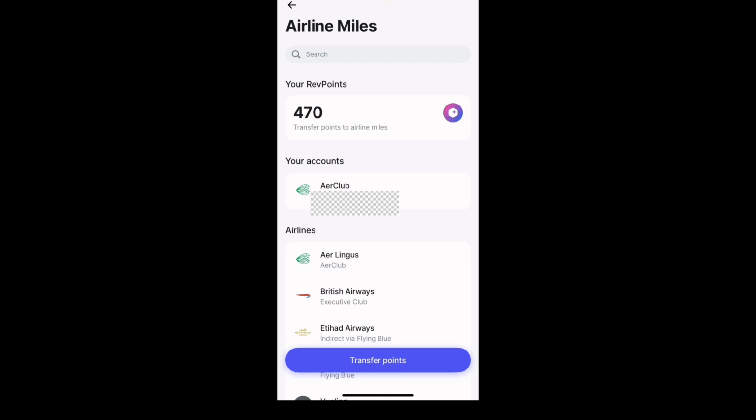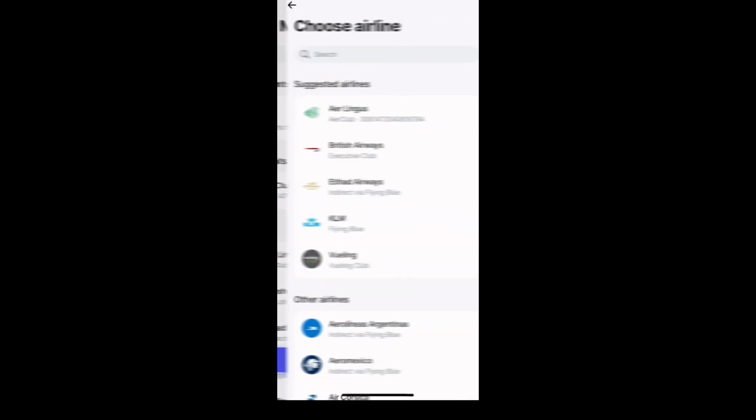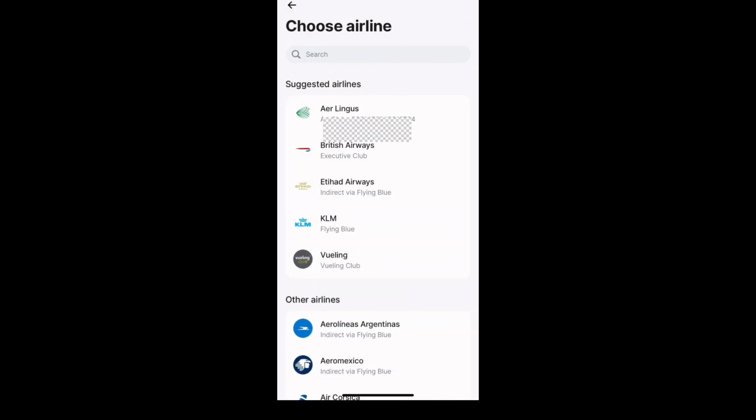So if I go to transfer points in Blue, you see where it says transfer points at the bottom of the screen, and I choose my Aer Lingus. When I wanted to start this video, I was trying to decide, do I use the Air Club or do I use the Flying Blue? I haven't transferred anything to the Flying Blue, so maybe I'll try it now, or maybe I'll just try Aer Lingus for the sake of simplicity. Let's go with Aer Lingus, the one I've done before. So if I click on Aer Lingus,